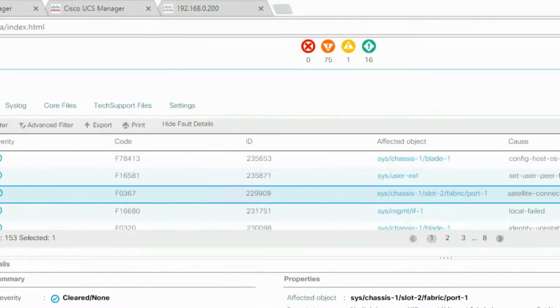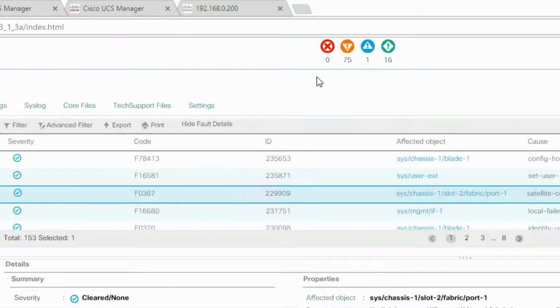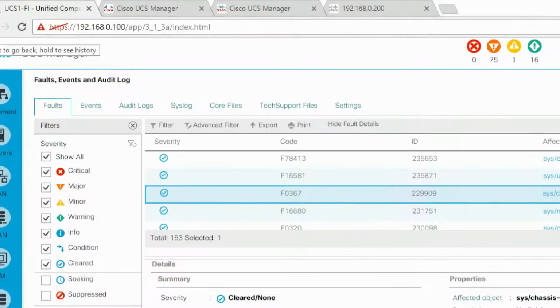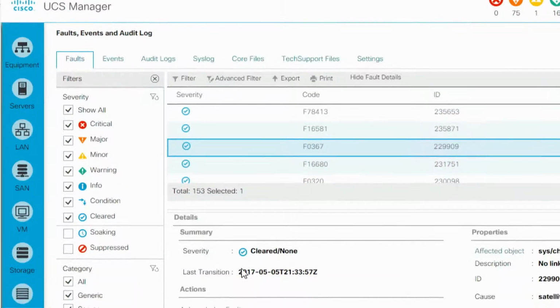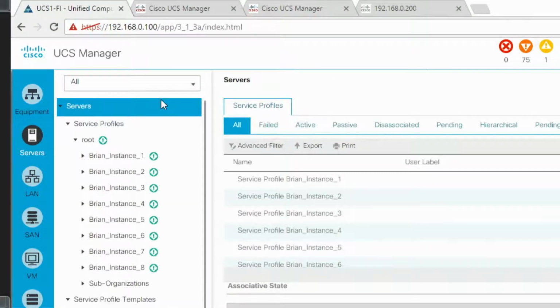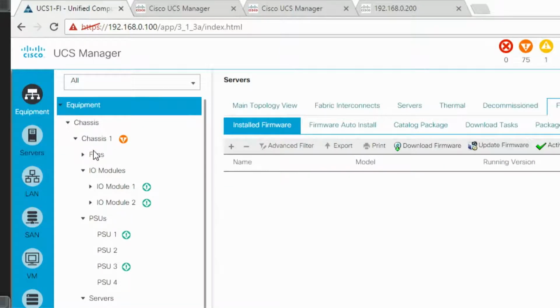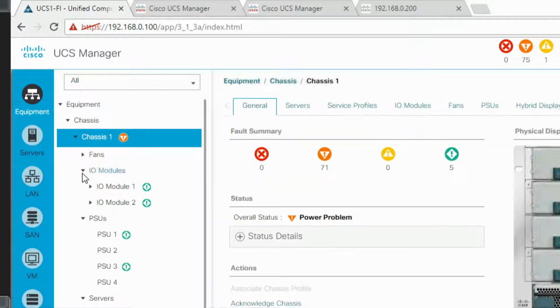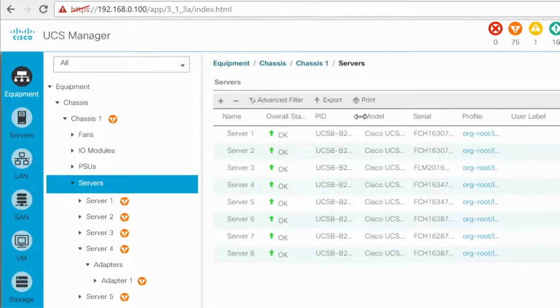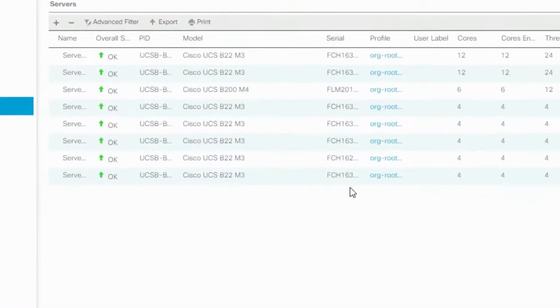Okay, so eventually we should see that these faults start to clear. On the first chassis, the one that has all the current blades, let's go under equipment, chassis 1, and then let's go to servers, and let's see, what are the models of these? These are all M3 and M4 blades, which I believe should be fine